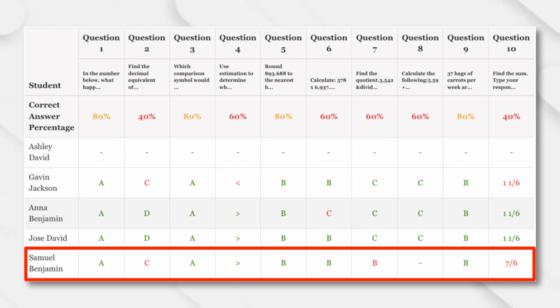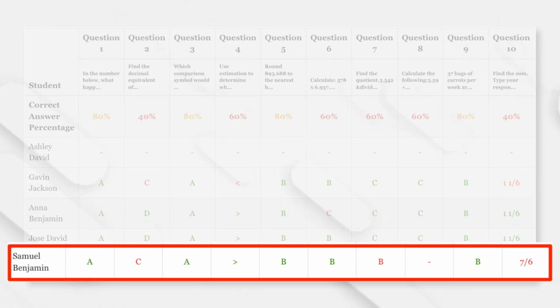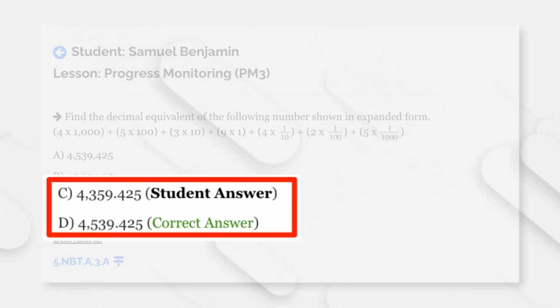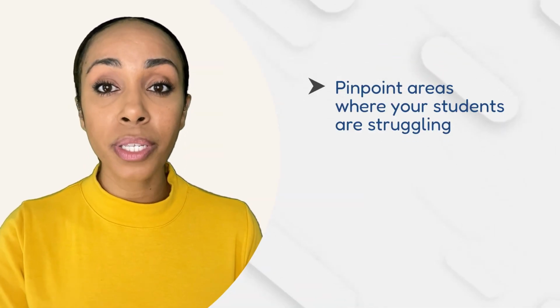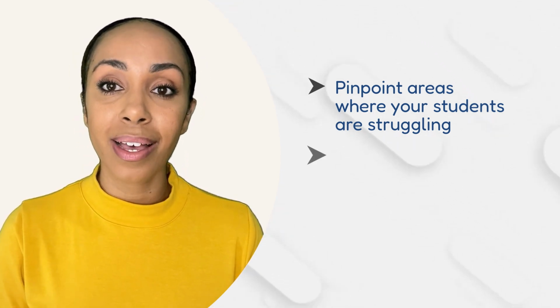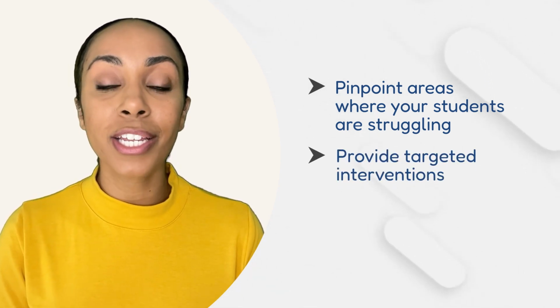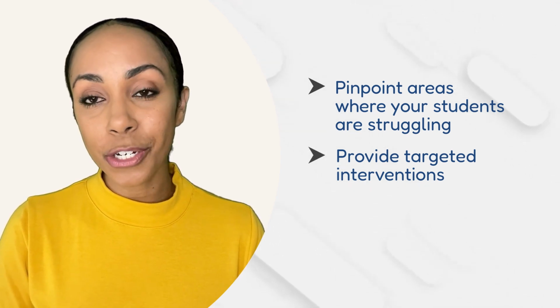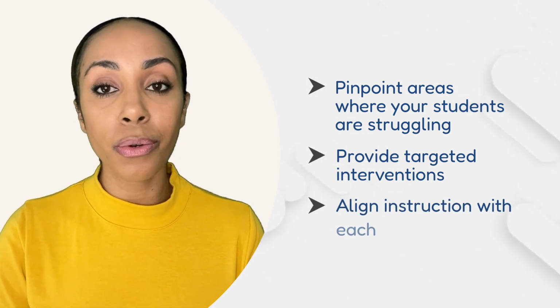If Samuel Benjamin, for instance, scores the lowest and gets most answers wrong, this insight highlights that Samuel needs extra support to address his learning gaps. By clicking on his incorrect answers, you can view the specific questions he missed and the correct answers. This helps you and your teachers pinpoint areas where Samuel and others like him are struggling, allowing you to provide targeted interventions. Real-time data like this ensures that your teachers can align their instruction with each student's needs to drive